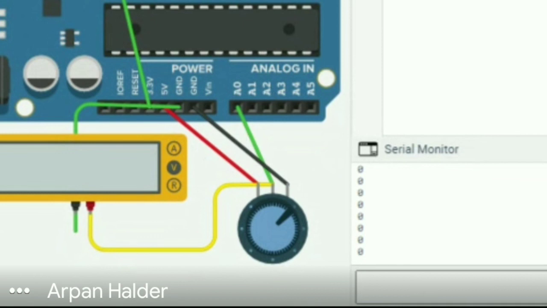Now let's see how it turns out. Here for 0 voltage I am getting a 0, so that's quite obvious.